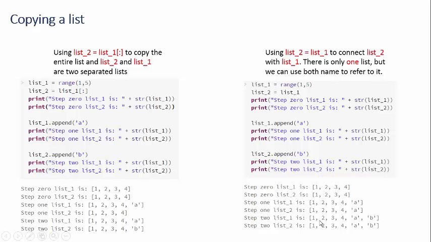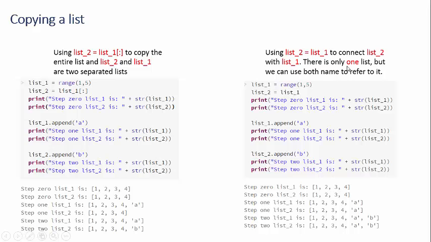You're going to see that whether it's list_1 or list_2, they have the same content. Now the b is added to the list. Both are valid Python statements, this one and this one, but they mean different things. list_2 equal to list_1 with a square bracket and a colon means copying the entire list to list_2, and then list_2 and list_1 are totally independent